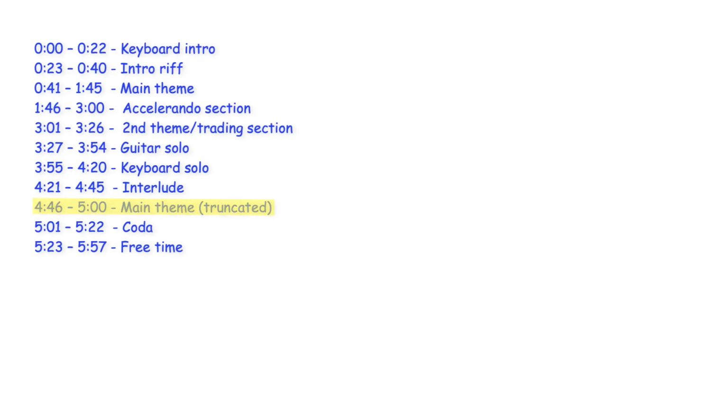This section concludes on a G sharp 5 chord, which leads the tune back to the main theme, beginning at 4 minutes and 46 seconds. The truncated main theme uses only part of the opening melody and progression before then moving to the coda, which uses the following progression,